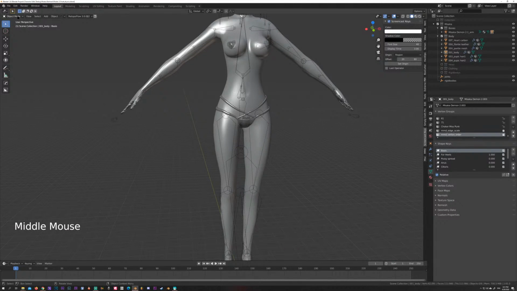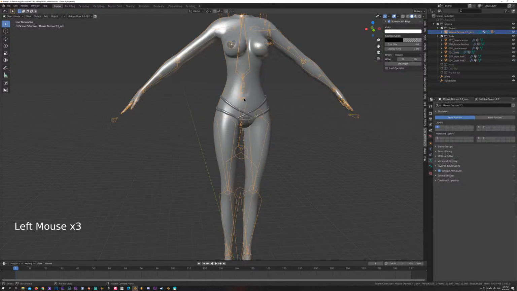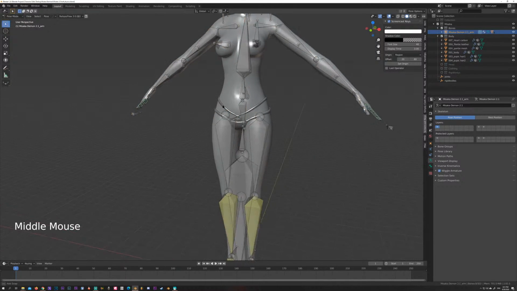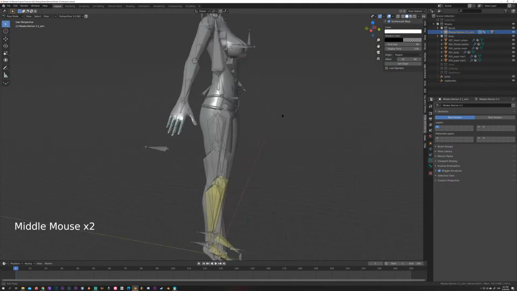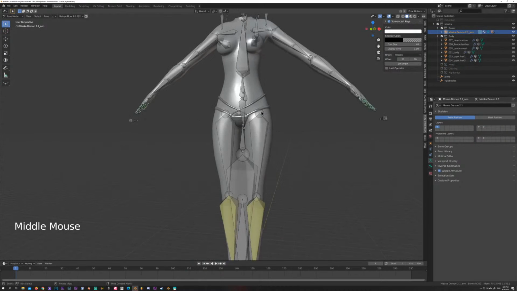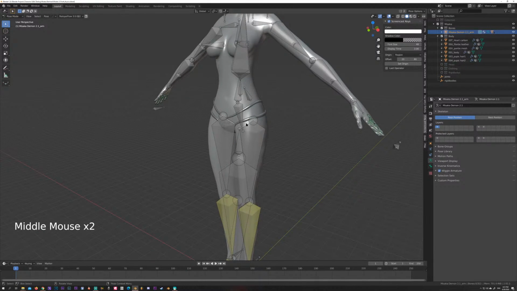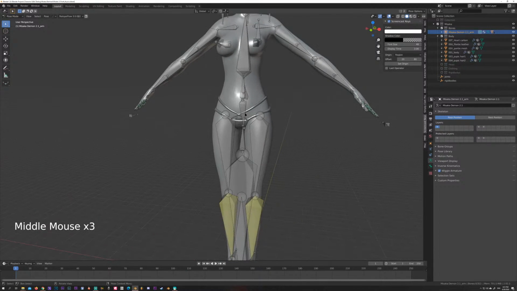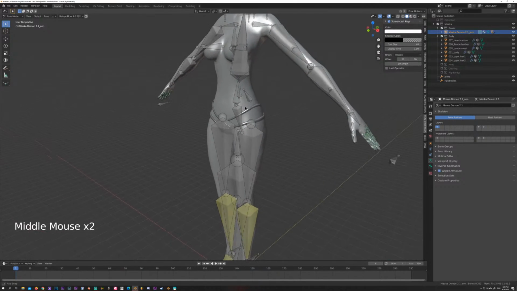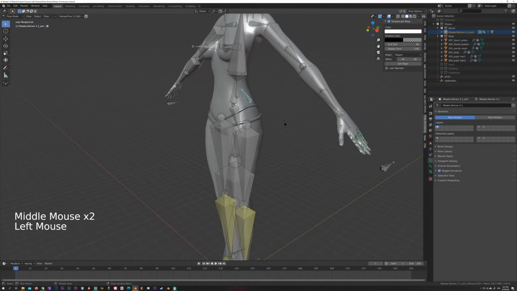Alright, from here we select the joints. Make sure they're highlighted. We go to pose. So we're gonna be adding the butt joints. So we're gonna find out which bone has control over that area, and that's going to be our parent joint. So select one,